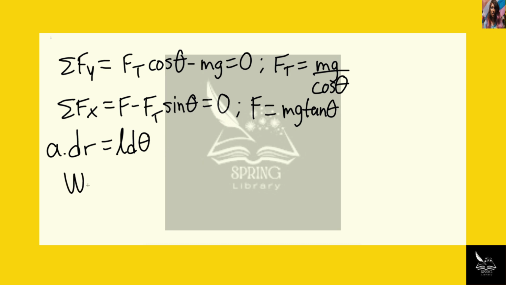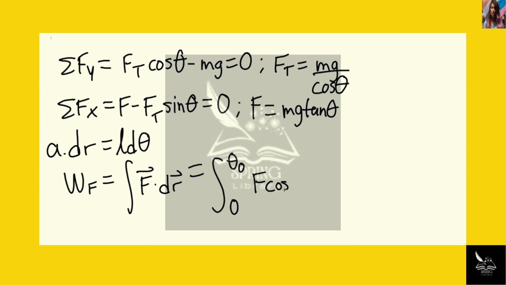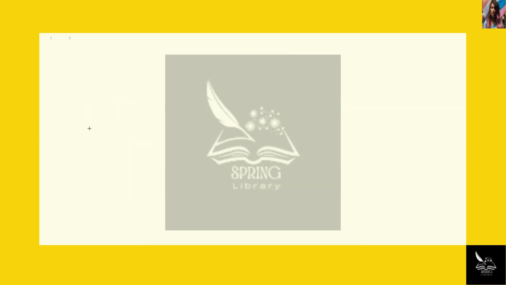And so we can say that the work done by that force is equal to the integral of the dot product between the force and the change in the distance, or the displacement. We're integrating from 0 to theta naught, or the original theta, of F cosine of theta L times d theta. Again, we can only use the x component, so that's why we have to multiply F by cosine of theta. And we find that the work done by the force